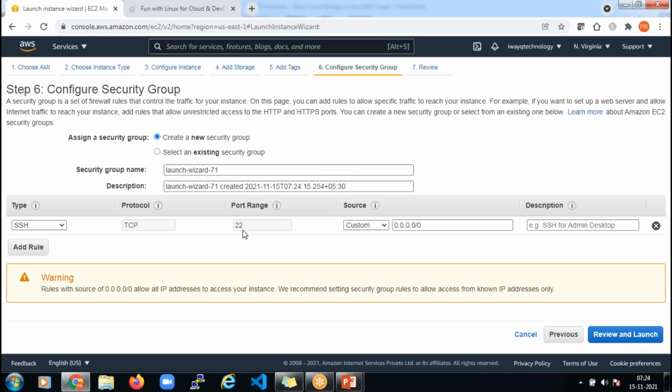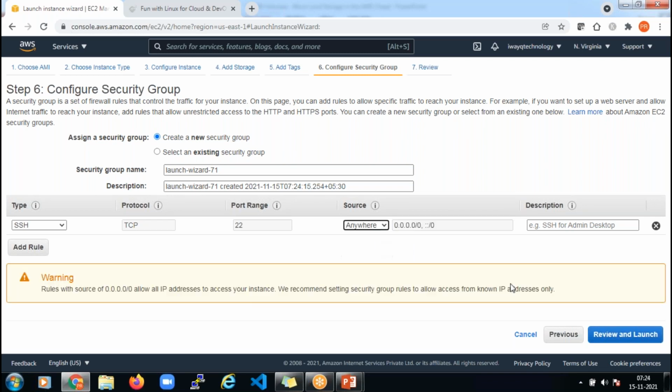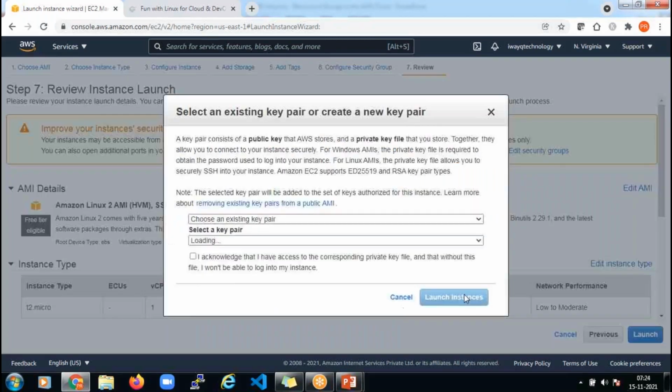I just want to allow only port number 22 for now. I'm allowing it from anywhere as of now, but remember guys, it should be a custom range in real time. We should give the organization provided IP range here, right? So as of now, let it allow from anywhere, launch,